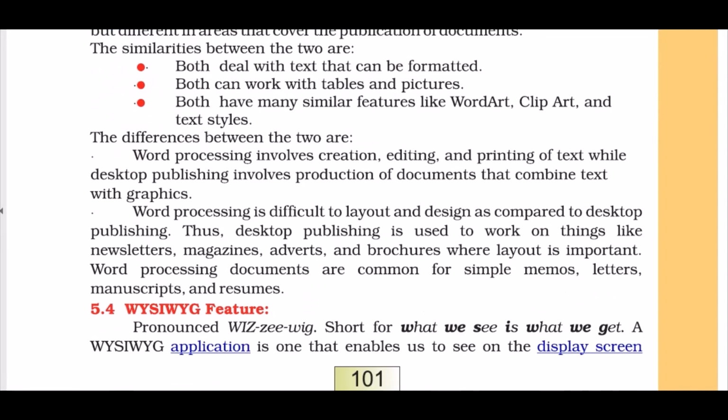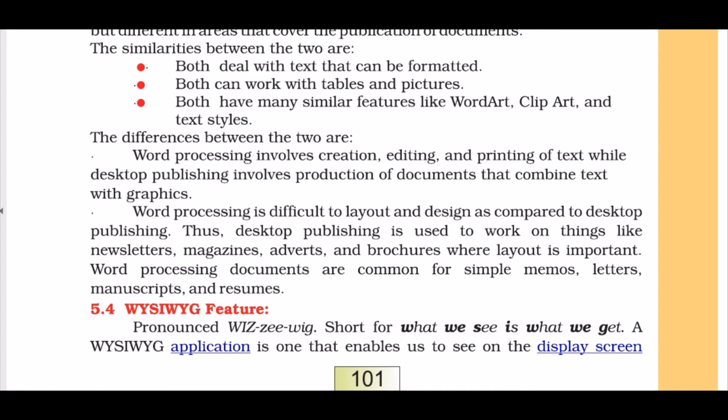Then what's the difference? Word processing involves creation, editing and printing of text, while desktop publishing involves production of documents that combine text with graphics, with images. Word processing is difficult to lay out and design as compared to desktop publishing.